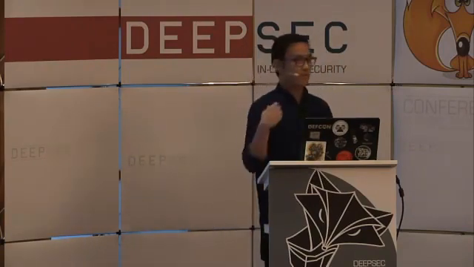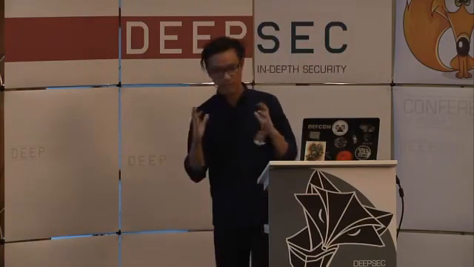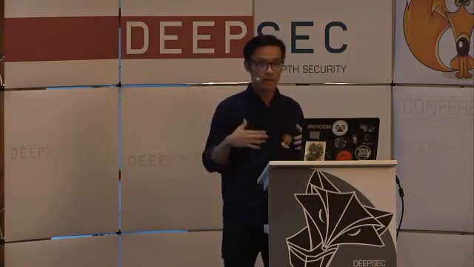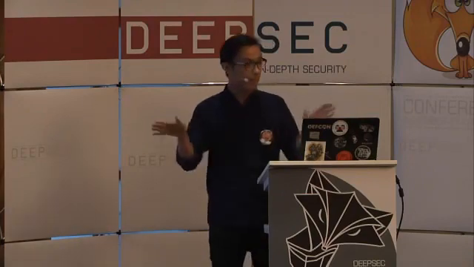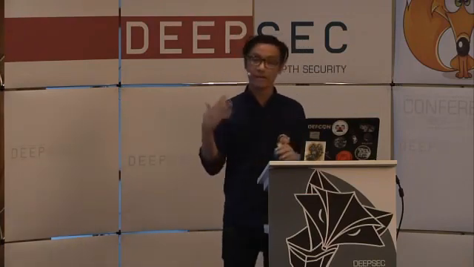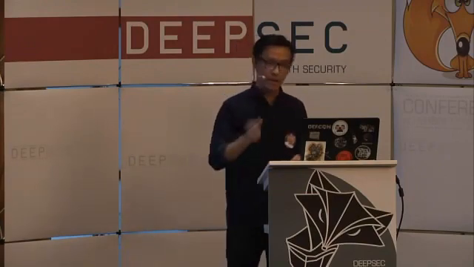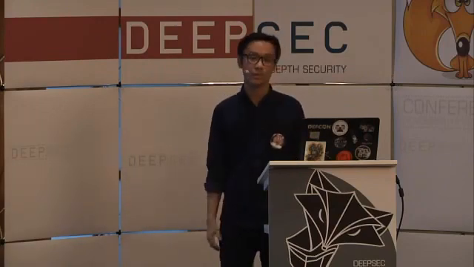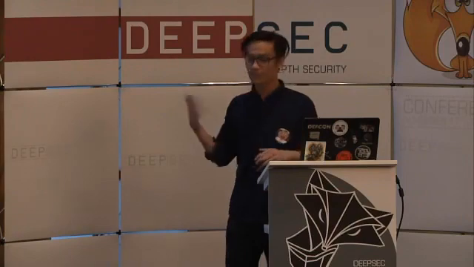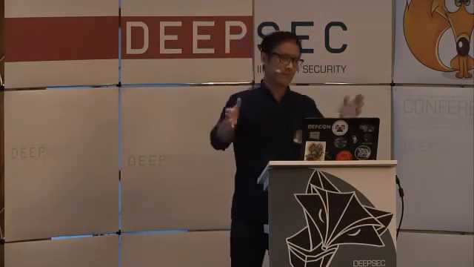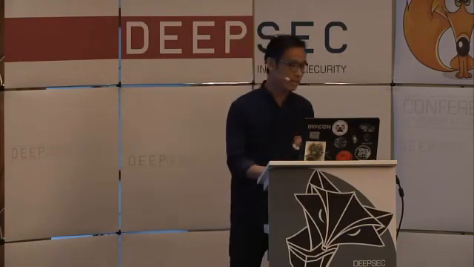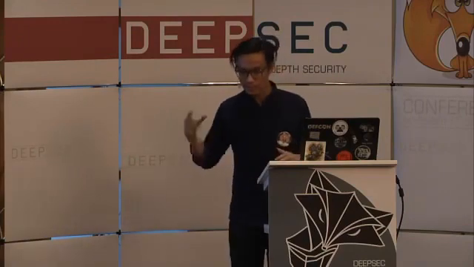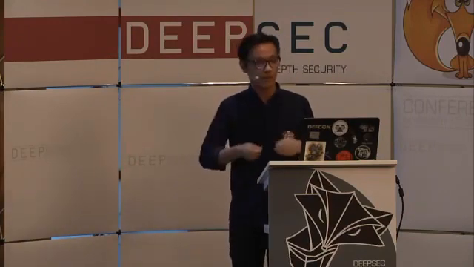I want to share a bit of a story. I was testing this particular router, and I found maybe 7 or 10 vulnerabilities. Then I tested another router, a different brand, a different vendor, and I found the exact same vulnerability. It's the exact same URL, exact same path, everything exactly the same. So what does this mean? It's almost like these vendors do not care about security. They just buy off-the-shelf software, put it into the box, and ship it out, right? The current state of embedded security is that these vendors just want to monetize, buy all this off-the-shelf software, put it into the box, and sell it to you.